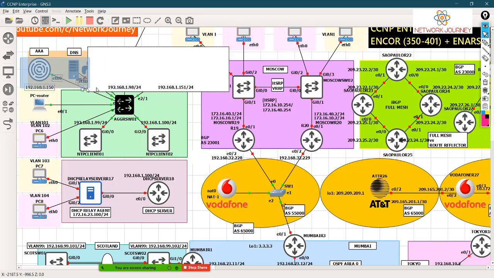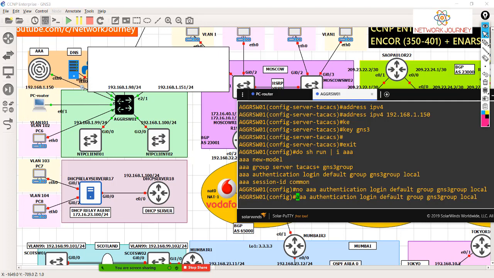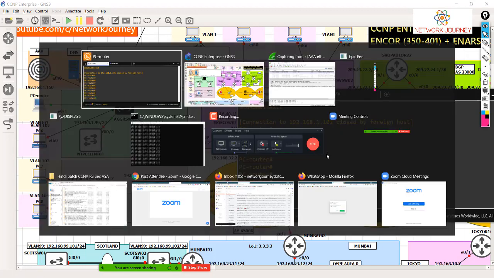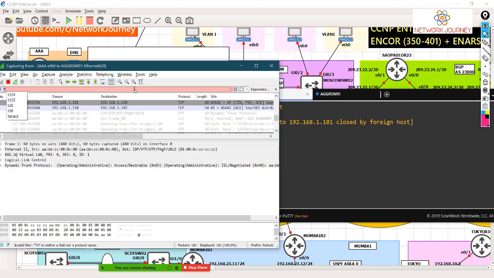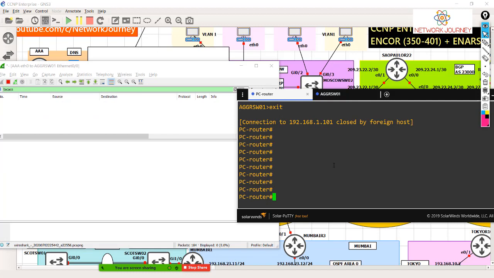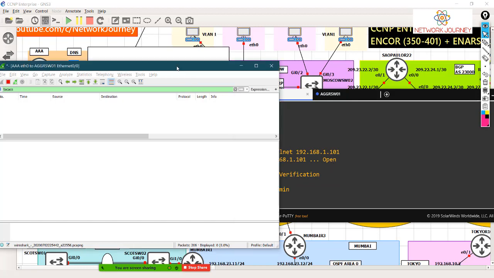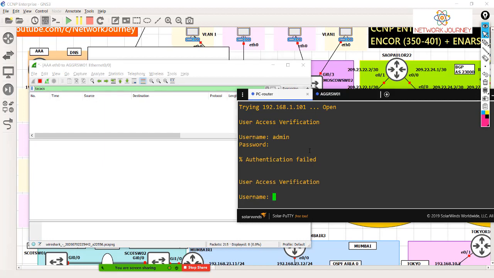Okay, if this AAA server is not reachable, then prefer the local username and password. So I'm going to say AAA authentication login default must be this group. If this is not reachable, then local. Okay. And now if I initiate, and if I also keep my Wireshark with me, and if I type admin and Cisco, it will not work. Okay, because the AAA server is up, and as per the AAA server, username and password is